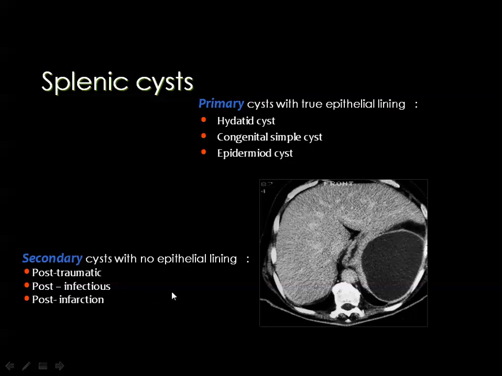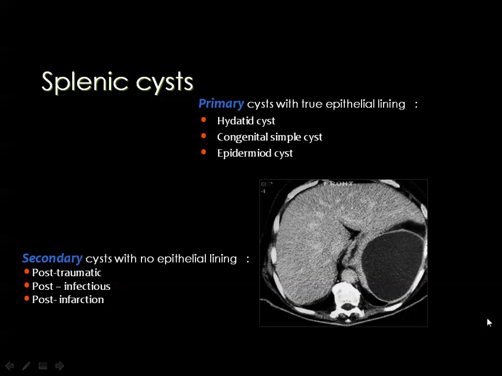Secondary splenic cysts with no epithelial lining are usually the sequelae of a previous splenic insult, like splenic trauma or infection or infarction. And in most of the cases, it is usually difficult to differentiate between the primary and the secondary splenic cysts unless you have adequate clinical data and the previous imaging